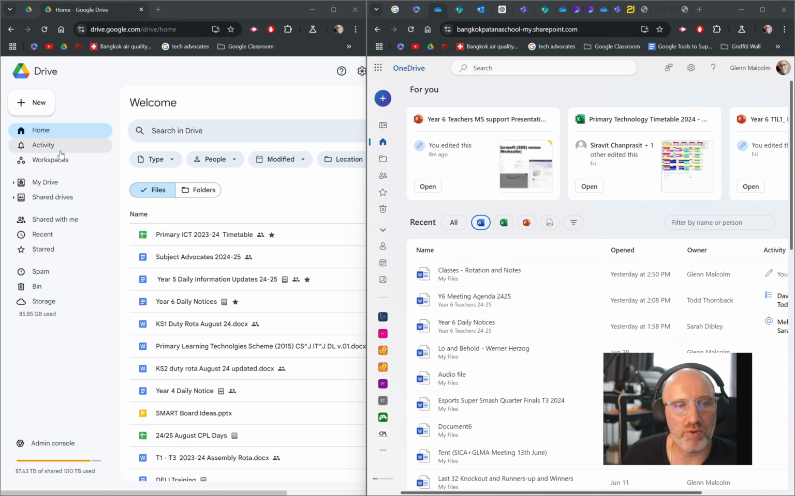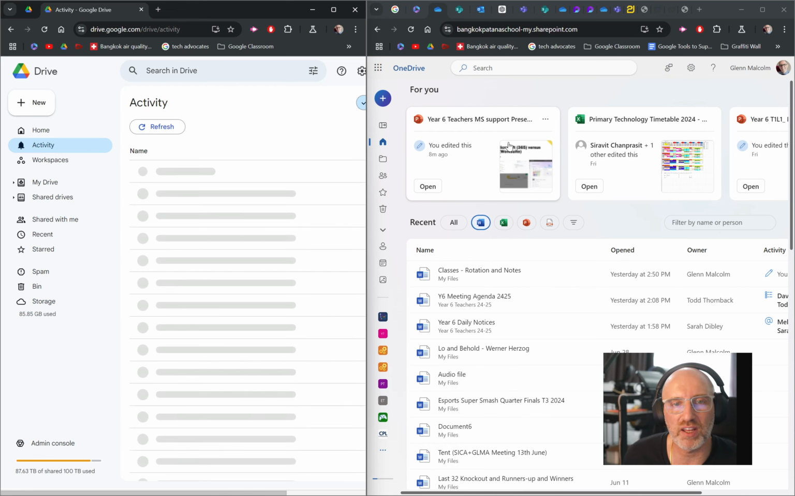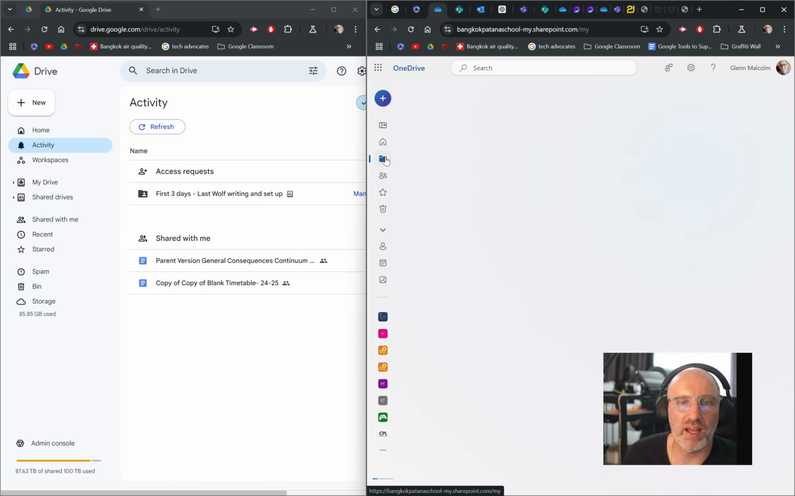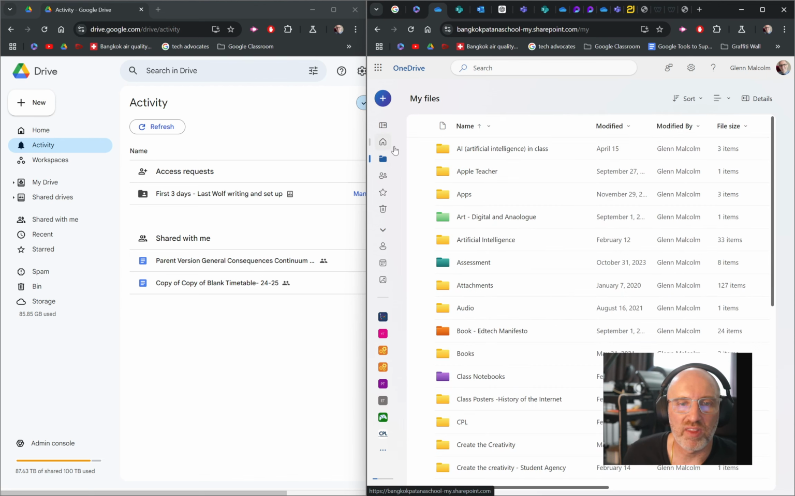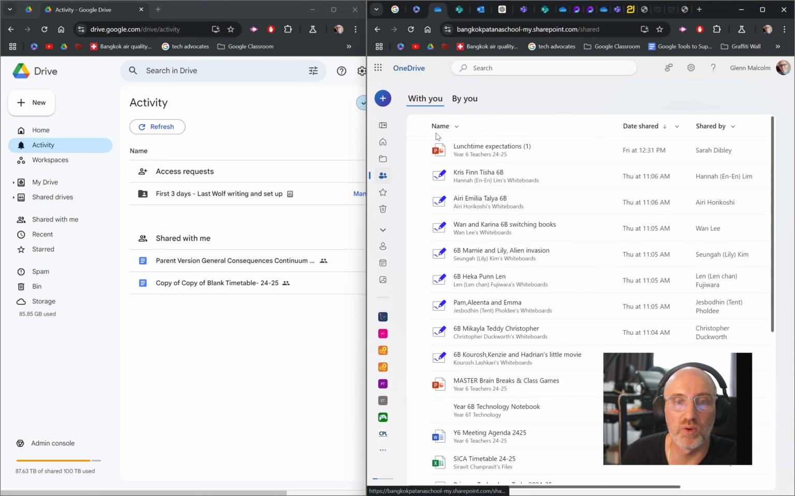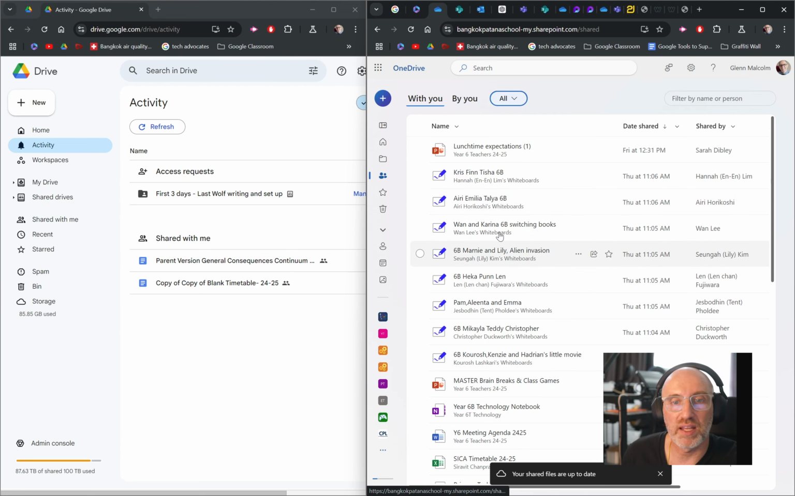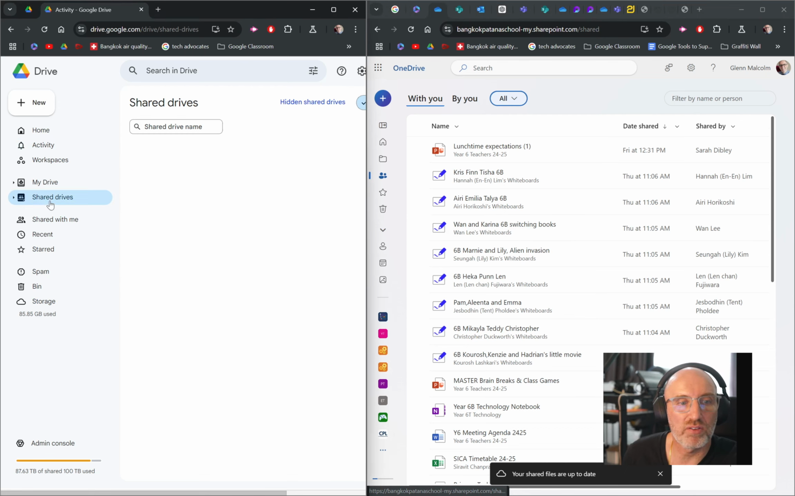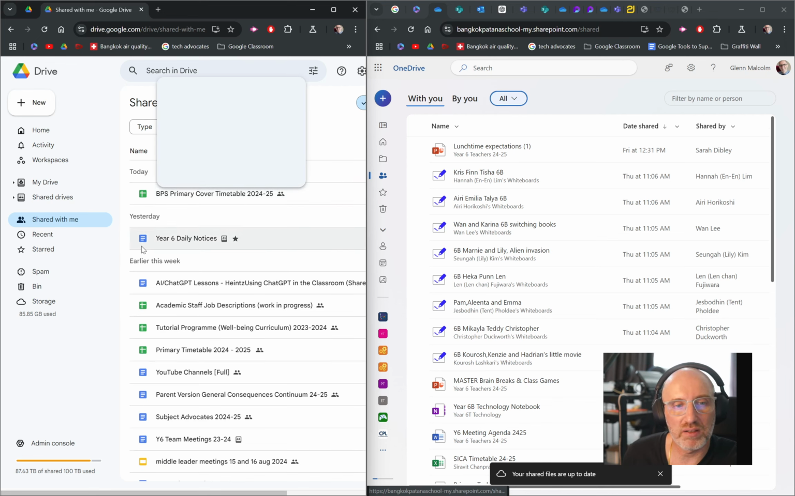I quickly talked about how this activity panel just stays here, and how your OneDrive is pretty much everywhere that's saved for you, as well as things that are shared with you. So things that are shared with me can be direct. I've got student files that are shared direct with me, and then I've got shared with me inside Google Drive, and that can be